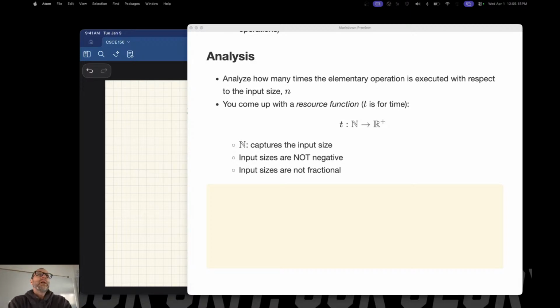This is why you're taking 235 right now. What is the title of 235? Discrete structures or discrete math. What does discrete mean? It means that it's not real numbers. It's integers. It's the natural numbers, right? Input sizes are not fractional. There's no such thing as a continuous,